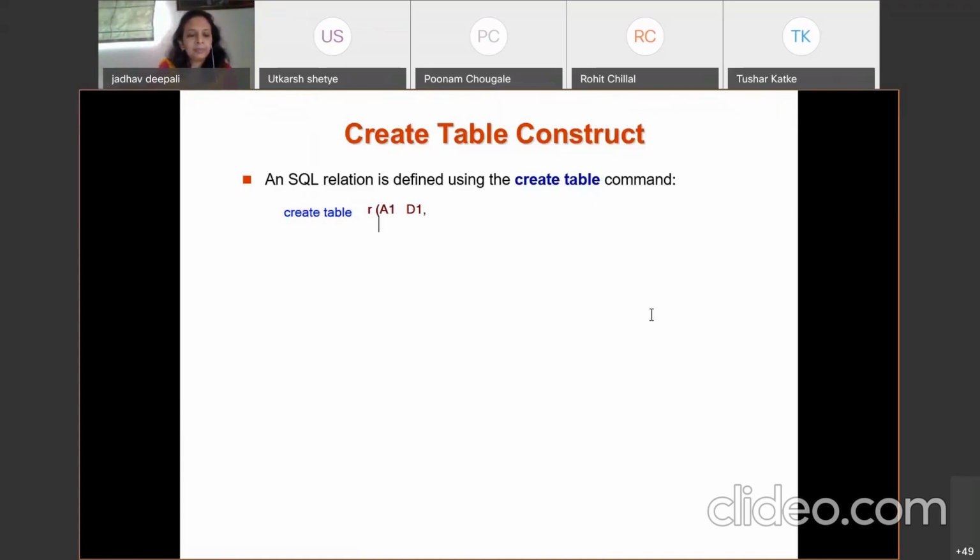A1, comma, and so on. Sorry, here it's a comma.